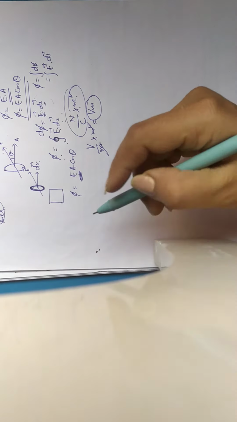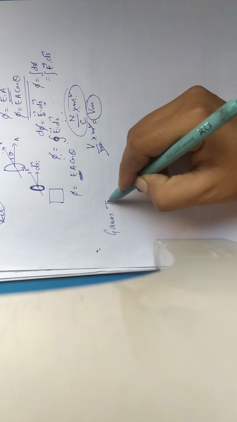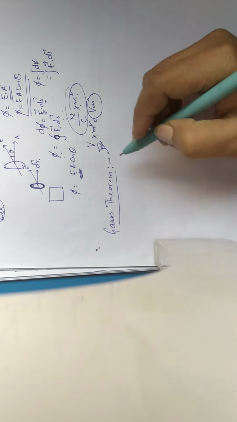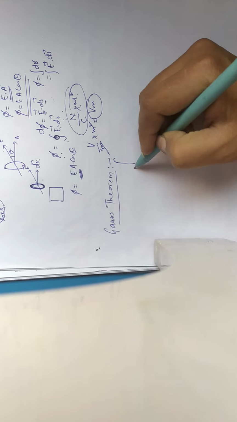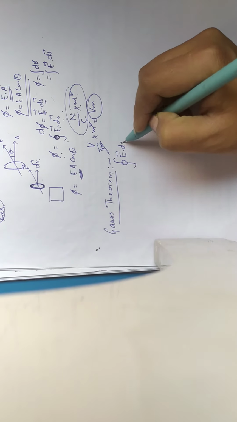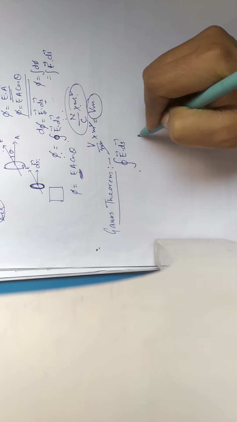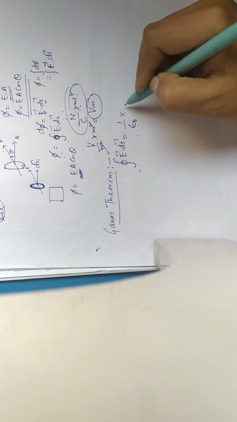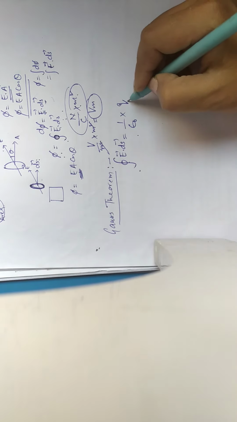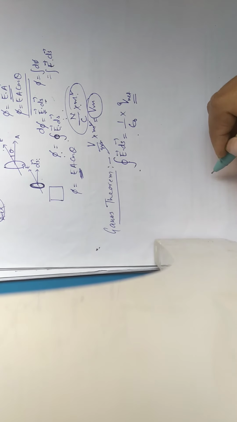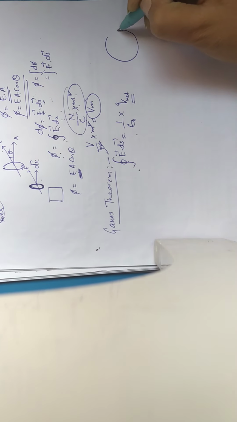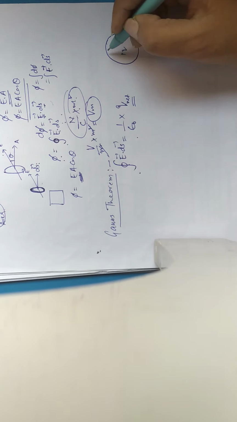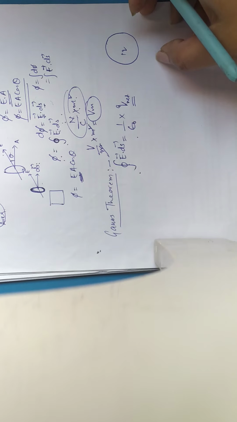Now electric flux is used in Gauss theorem. This is very important. State and prove Gauss theorem. First I am writing the mathematical form, then I will give you the statement. This is the total electric flux over a closed surface, because we have taken the integral. This is equal to 1 over epsilon naught times the total charge enclosed by the surface. This is Q net, the total charge enclosed by the closed surface. Suppose this is the closed surface and there is a charge plus Q in it. There can be a number of charges; you take the algebraic sum of all those charges, that is the total charge.